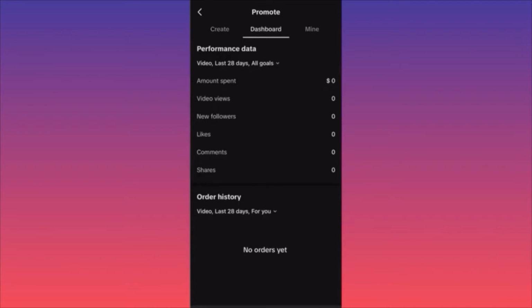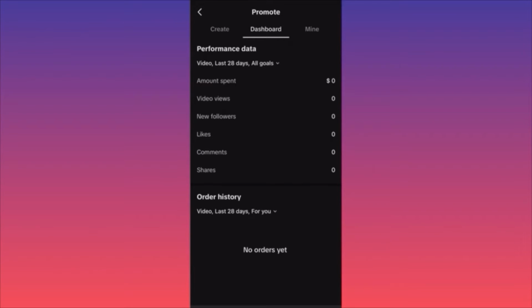You will be able to compute the cost per acquisition, how much it costs you to generate a new follower or to generate new views, because you saw this is an approximate amount they give you. They don't say that this is the flat amount of views you're going to get. Also, you're going to get how many likes, how many shares. Then you can compare your natural organic performance versus the paid one.